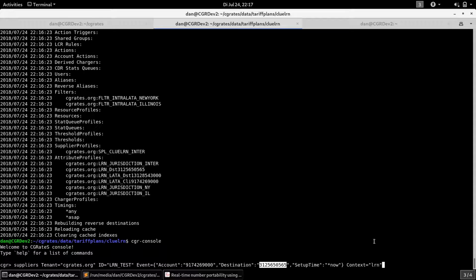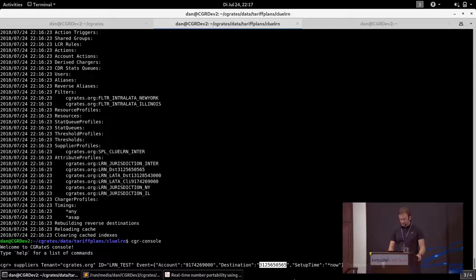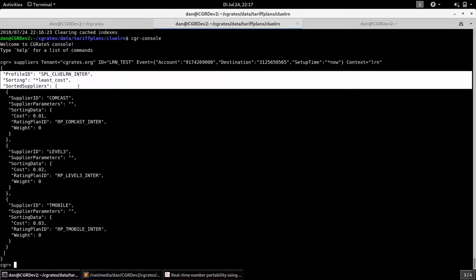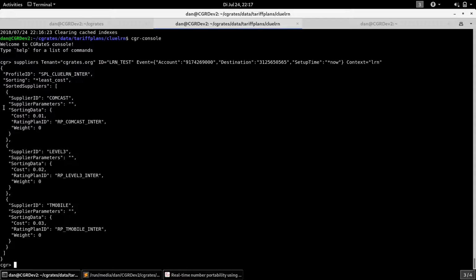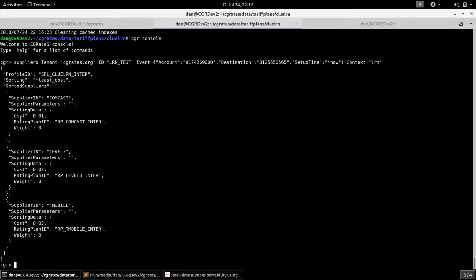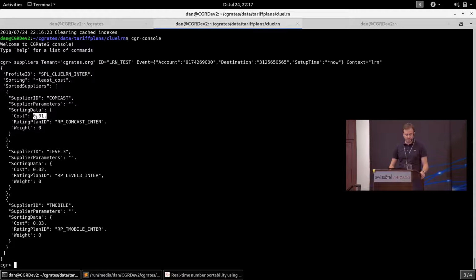I have on purpose chosen the hotel number from here, and setup time should be now in the context of LRN, and the system returns back a profile, and it sorts the suppliers for me. So I get Comcast, Level 3, and T-Mobile based on their cost, which they are charging me for this number.